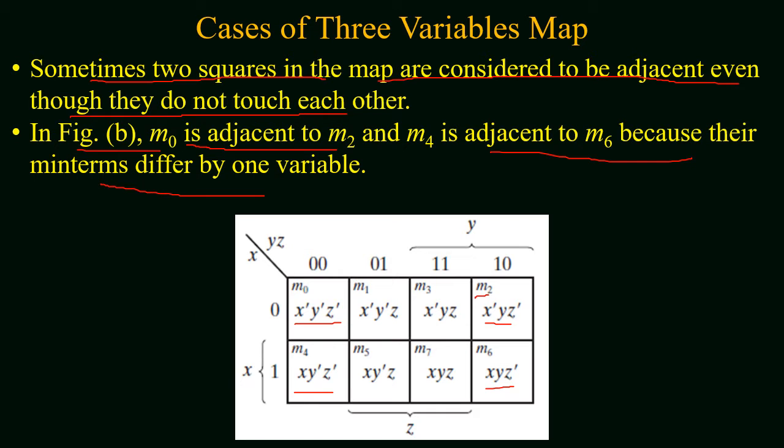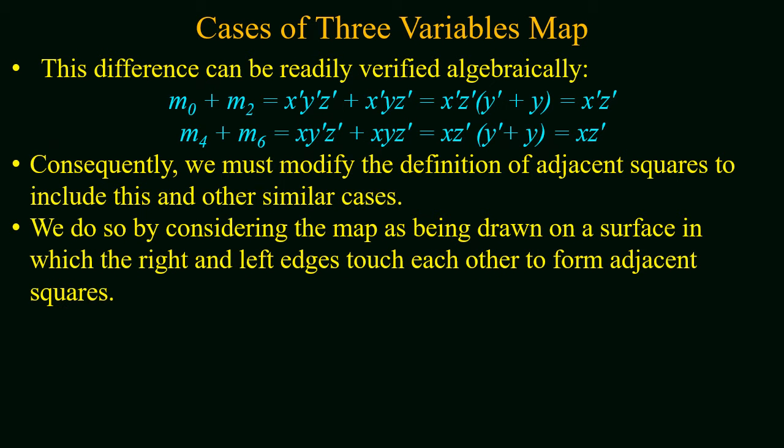If we look at the definition of adjacent map, this says that every two squares are considered to be adjacent if there is a difference of one variable or of one bit. Now among both pairs, the difference is of one bit or of one variable, and this can be verified